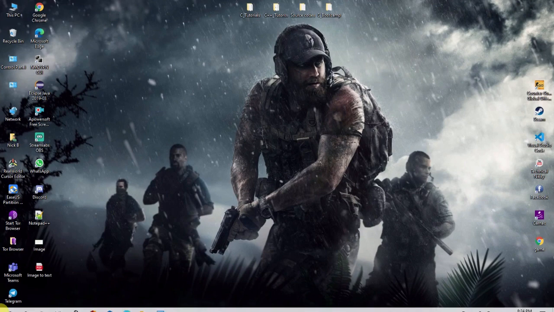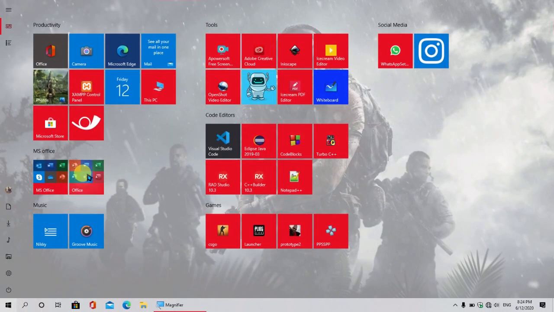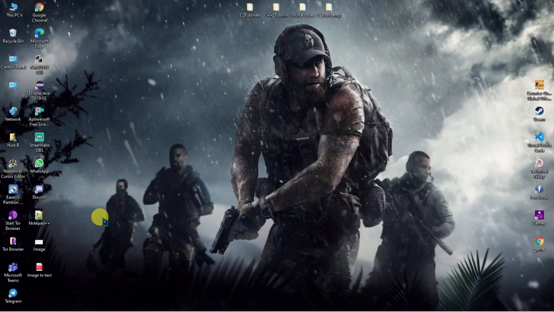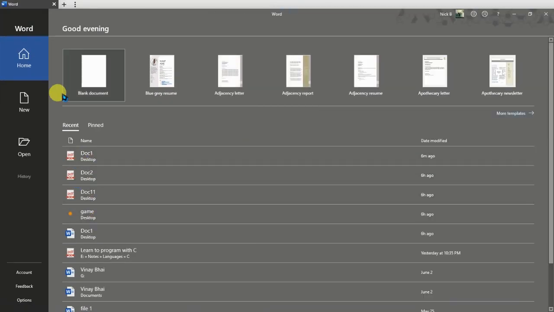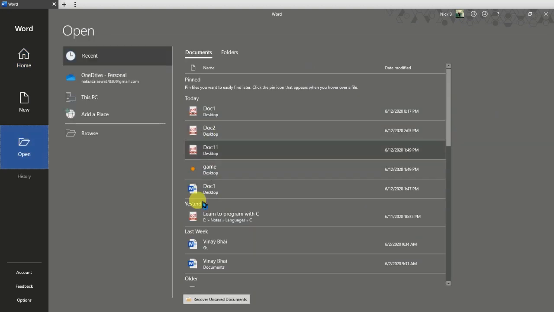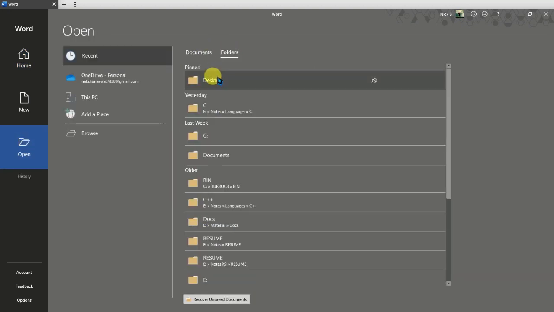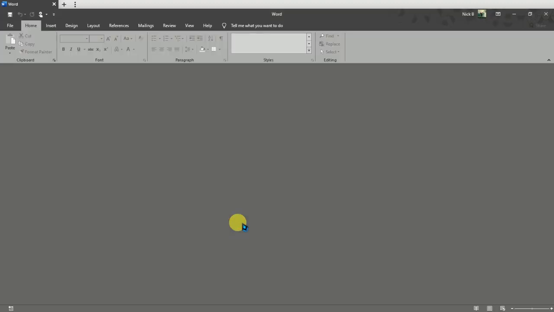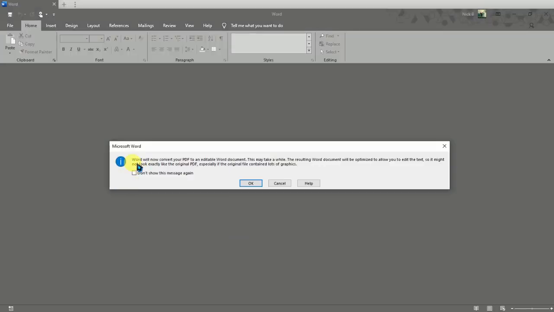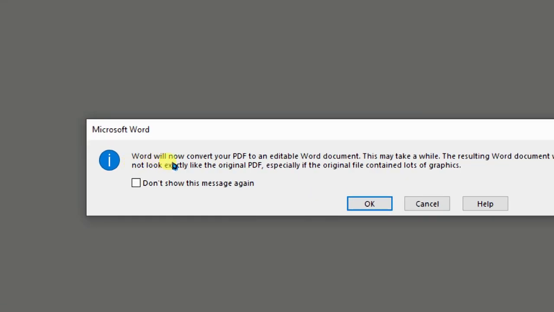Let's go again to MS Word, and open this existing file. Click on the Open tab, then click on Folders, then go to Desktop, and here select the PDF file that you have created, image to text. Now it will show a pop-up saying that Word will convert your PDF to an editable Word document.